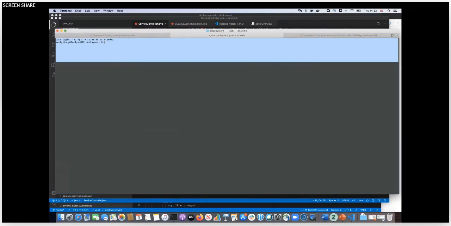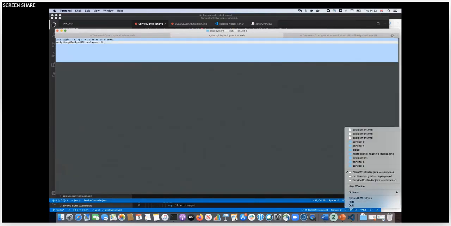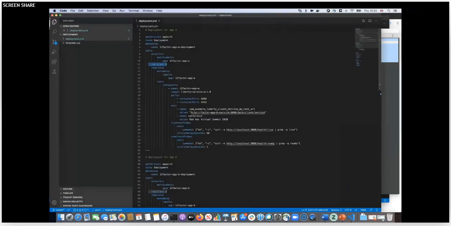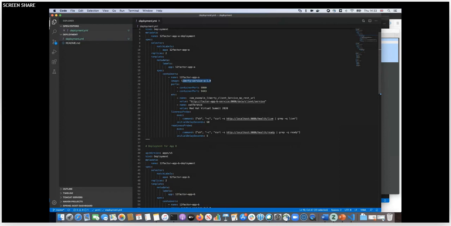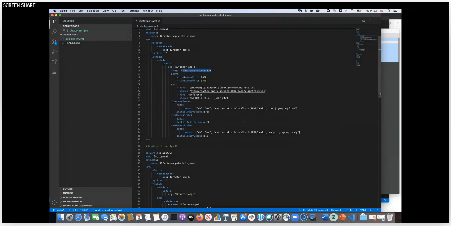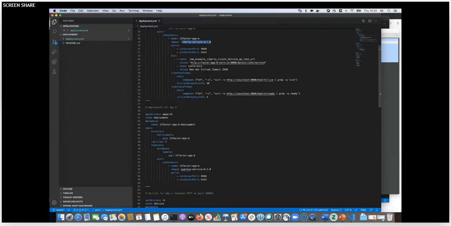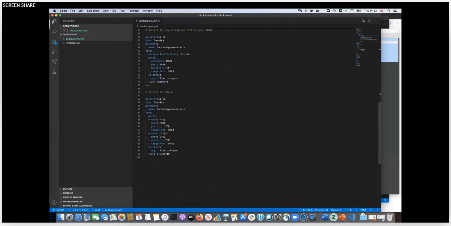I created the deployment in advance. So I briefly discuss with you about this deployment. For two services, you have one deployment each. For service A, you have image Liberty service A, and with this is the image and port 9080, and similarly for service B is 8080, and service A is